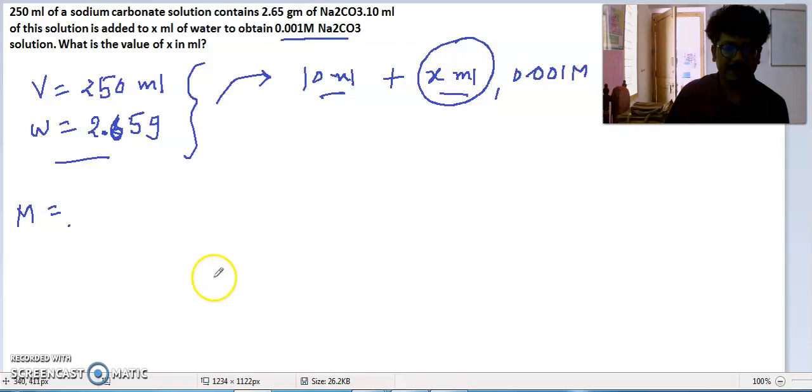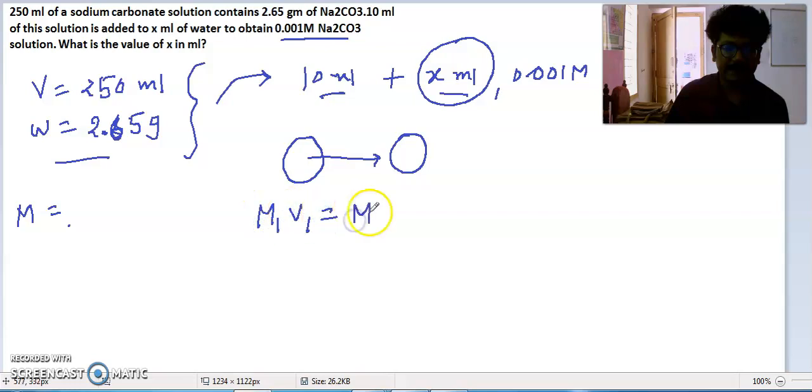So I would say this is simple. See, the previous one was two different solutions mixed together, giving a solution with some resultant volume and molarity. But here a solution with one molarity is converted into a solution of another molarity. So we know this simple formula M1 V1 is equal to M2 V2. What is the extra step here? Some hidden things are given. They are not directly giving the volume of the final solution. And in the first step you have to find the molarity of the first solution.